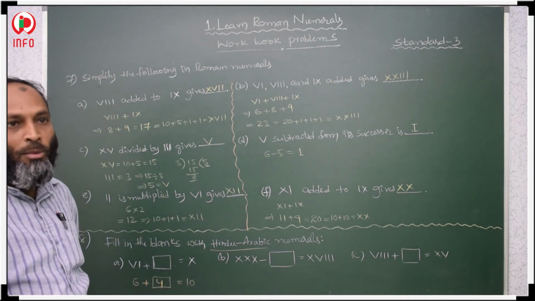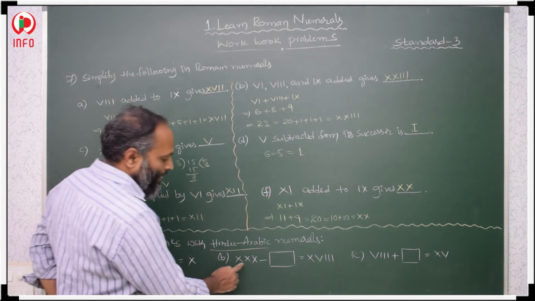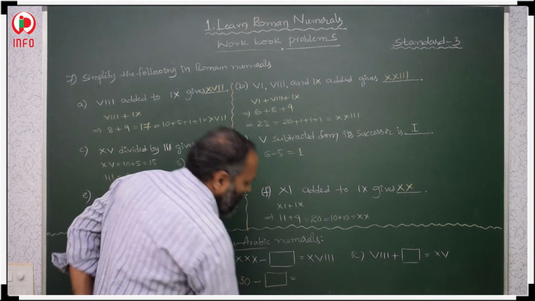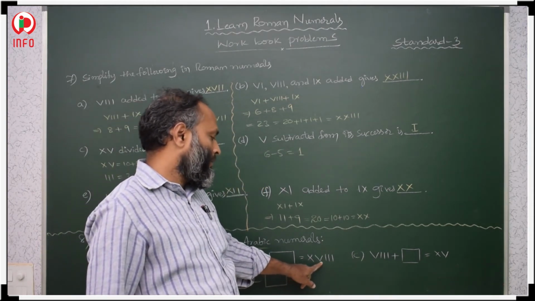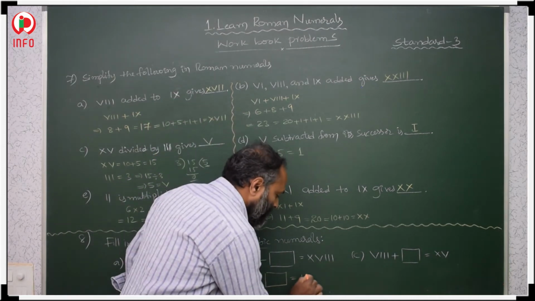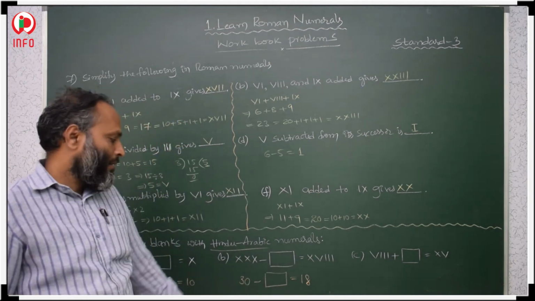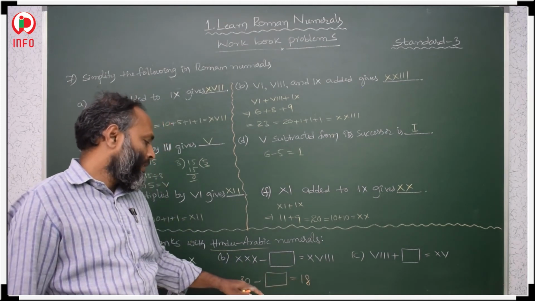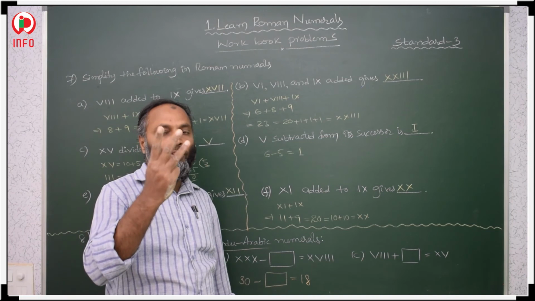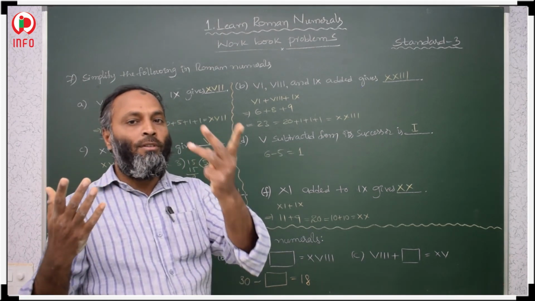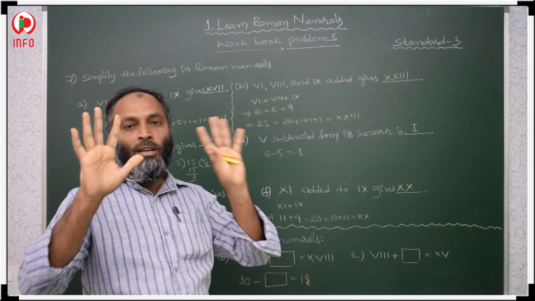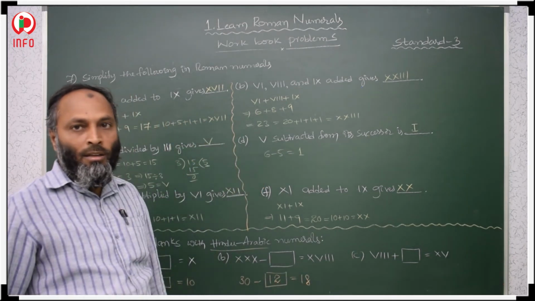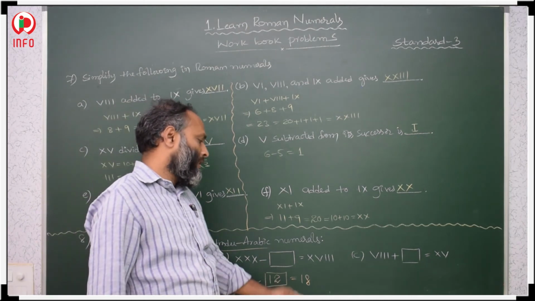Here XXX, a numeral that Roman numerals repeat 3 times. So we have to add 10 plus 10, 20, 20 plus 10, 30. 30 minus what is equal to 10 plus 5, 15? 15, 16, 17, 18. 18 is the answer. We count from the smaller number to the bigger number: 19, 20, 21, 22, 23, 24, 25, 26, 27, 28, 29, 30. Total 12. 30 minus 12 makes 18.